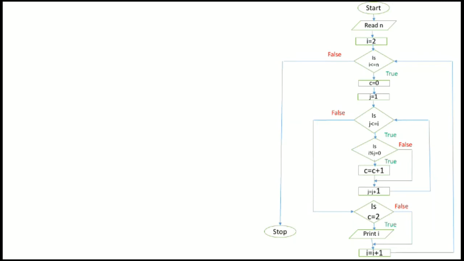So first we will start our flowchart. Next we will read the value of n. So suppose n is 6, then we have to find prime numbers between 1 to 6. Next we will assign the value of I, that is I equal to 2.